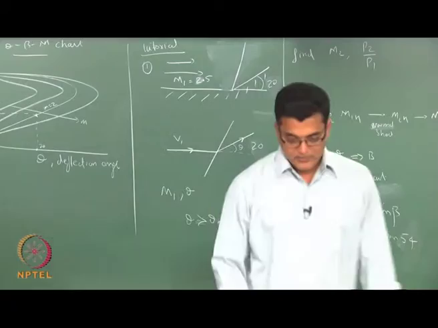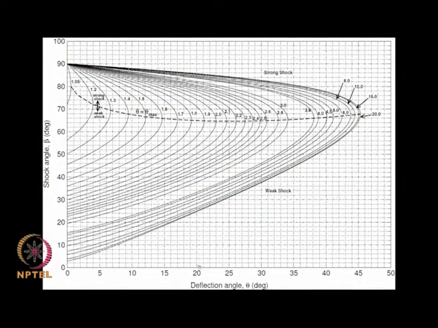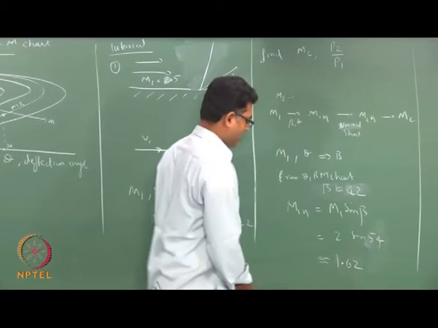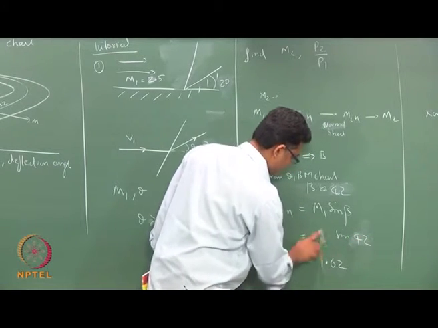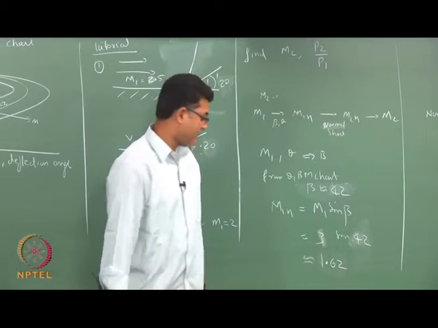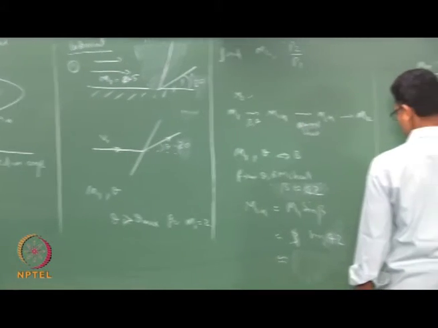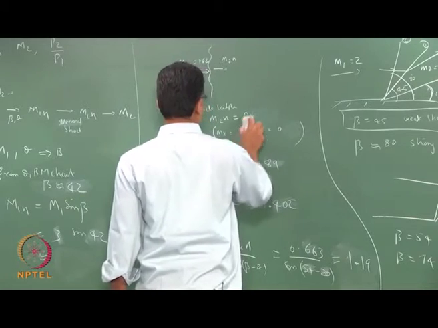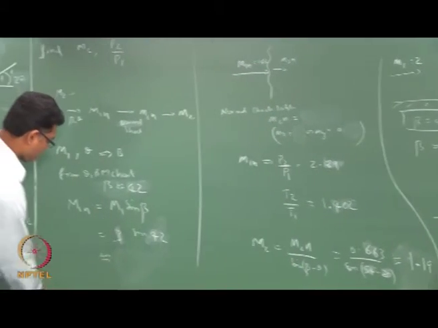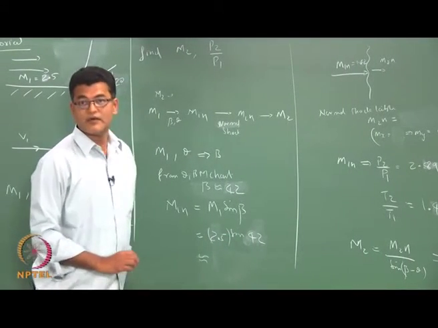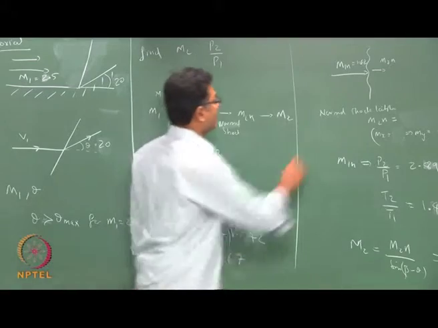So, instead of 54, I go and look for a deflection angle of 20 degrees, look at the intersection line with 2.5 Mach, that is going to be around 42 degrees, which means my M1n is now modified and I would get a new M1n. So, this is 2.5. M1n is 1.67